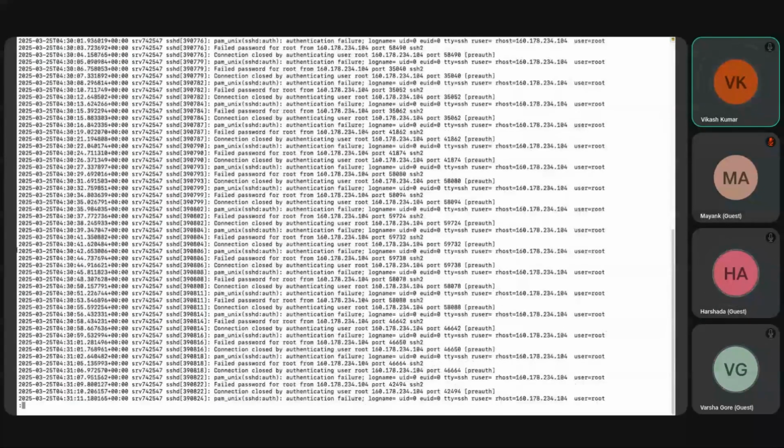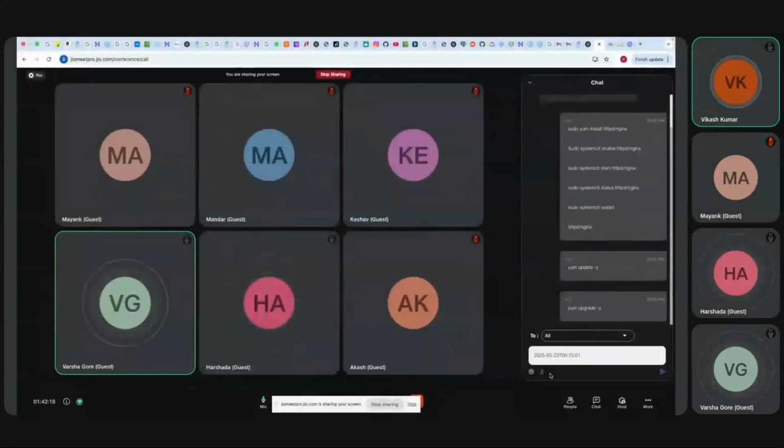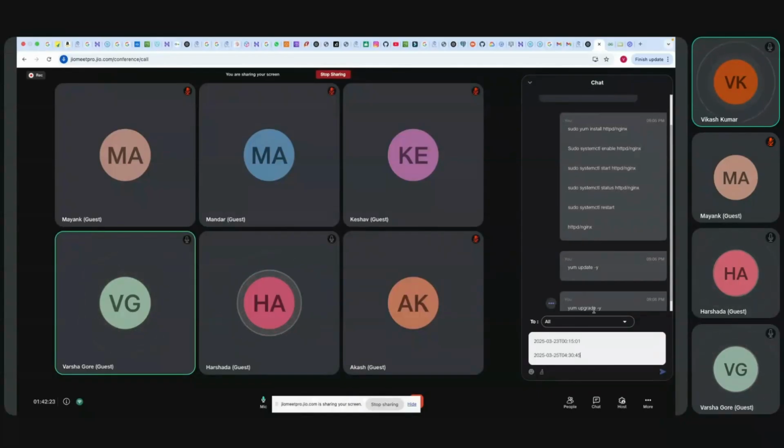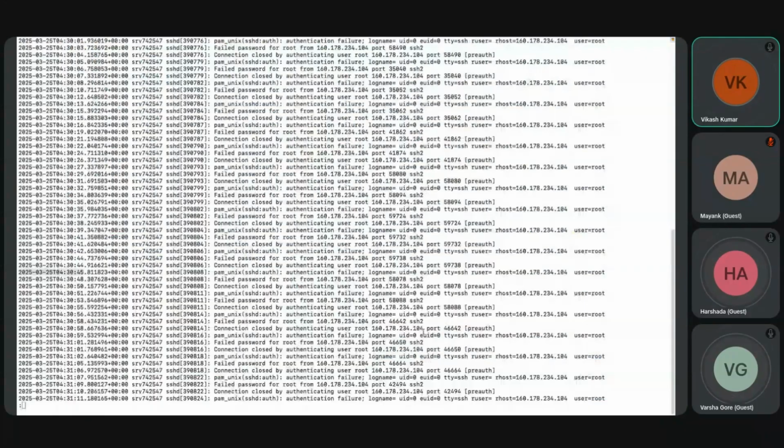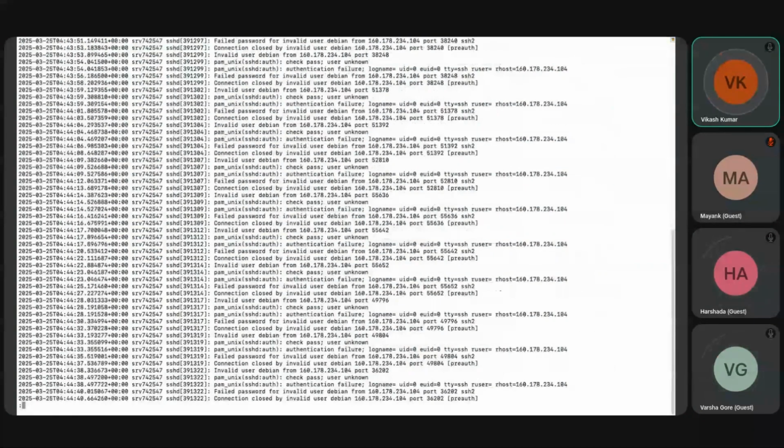Okay, just take an example of 25th. So I wanted to check how many failed attempts there were in between these two timings. Okay, so what I do,